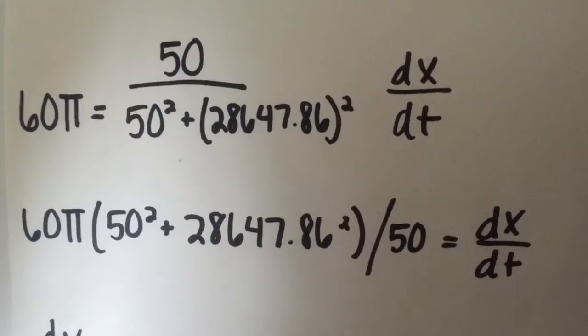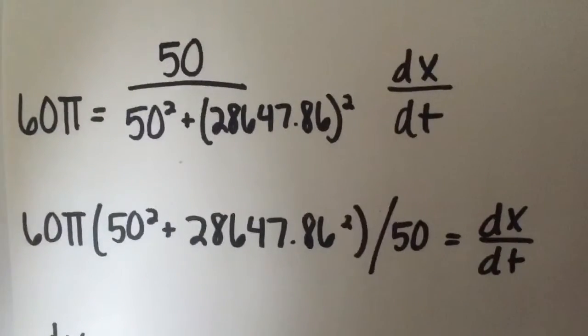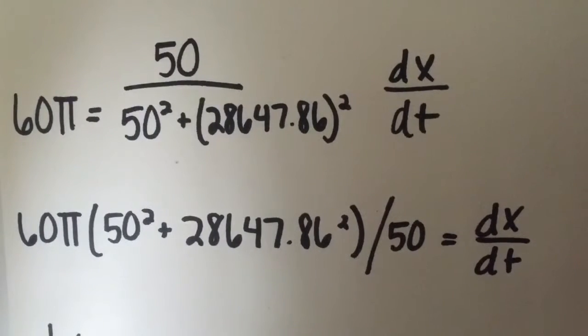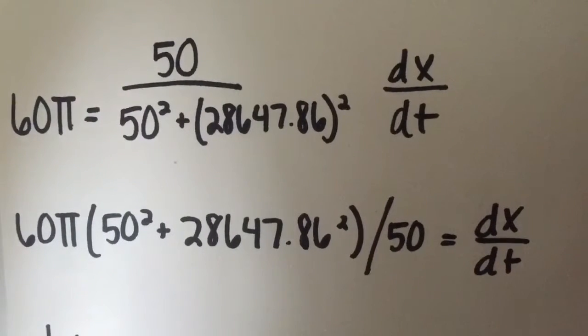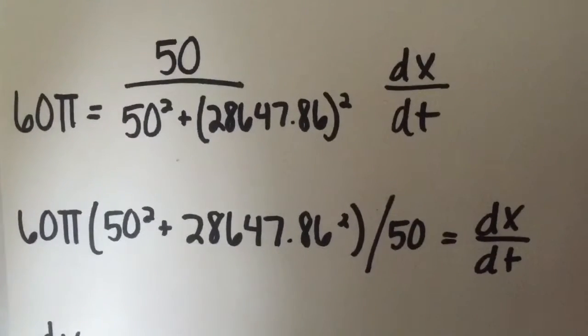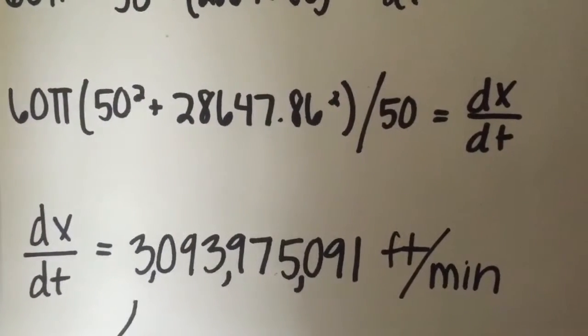Now, in order to solve for dx dt, we need to divide by 50 over 50 squared plus 28,647.86 squared. Dividing by a fraction is the same as multiplying by its reciprocal, so we have 60 pi times 50 squared plus 28,647.86 squared divided by 50 equals dx dt. But because 60 pi is in radians, we need to now put the calculator back in radians. And you can plug this in, and you get dx dt equals